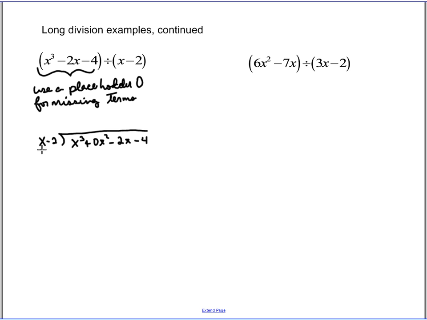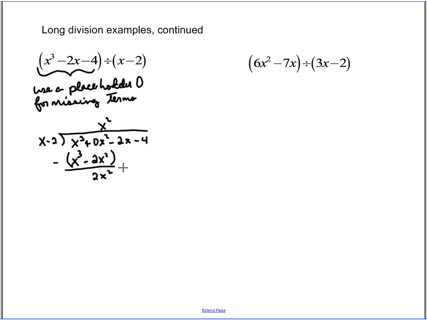We ask ourselves, what will we have to multiply by x to get x cubed? The answer, x squared. That goes in our x squared column. So x squared times x gives us x cubed, just like we hoped it would. X squared times minus 2 is going to be minus 2x squared. So we subtract away the contents of our multiplication right here. X squared times x is x cubed. X squared times 2 is 2x squared. When we subtract that away, of course, the first term drops out, gives us 0. That was our aim. 0x squared minus negative 2x squared is the same thing as positive 2x squared